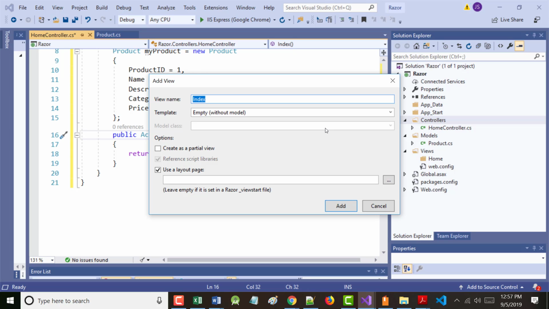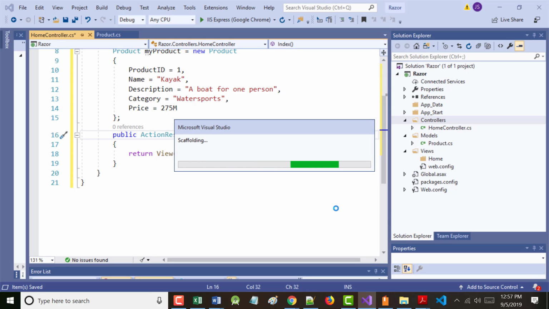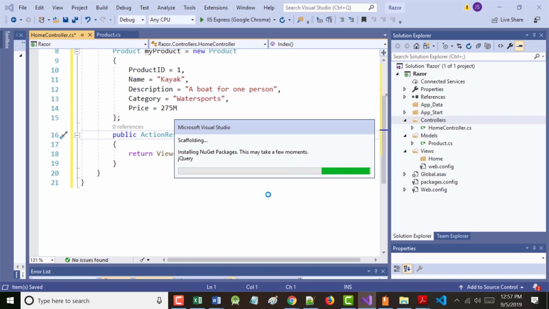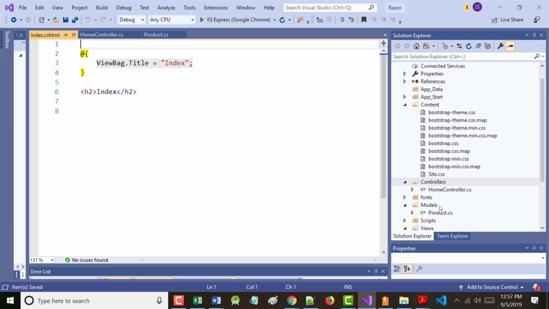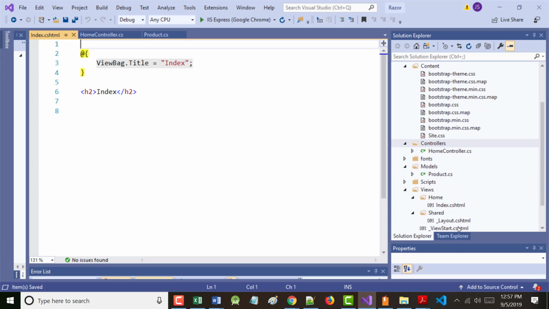Does that make sense? You literally cannot. So if I click add now, and I'm going to get rid of this, the system will go and do a few things for me. First of all, since I put in use an existing layout, it's going to look for a layout someplace. Right now, it'd be using by default this layout, _layout.cshtml. That should make sense. But the point is, when you look in here, there's not much more in here.